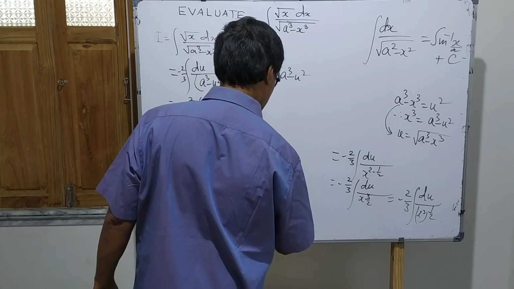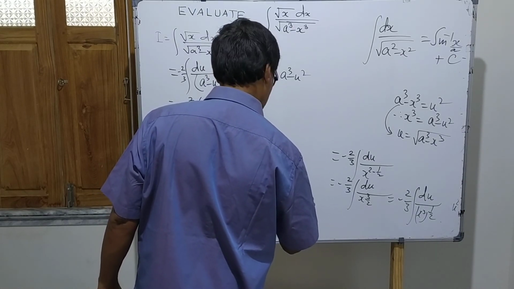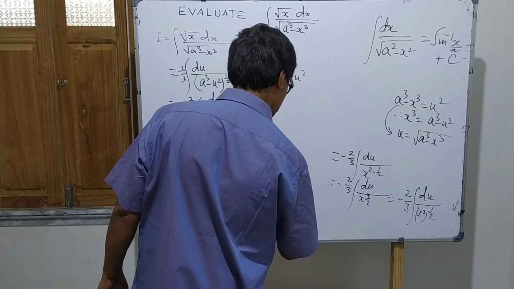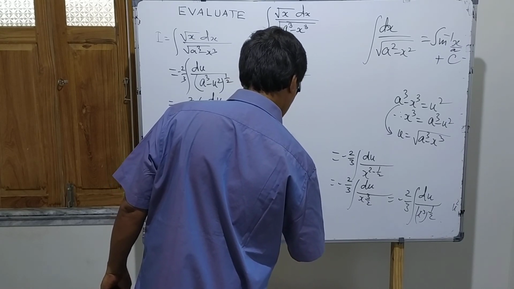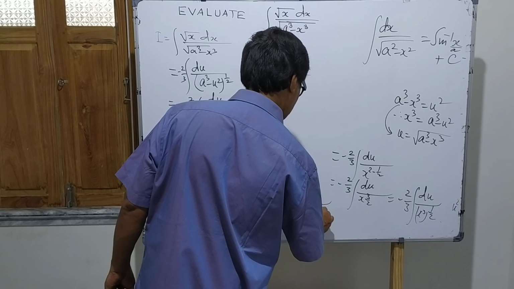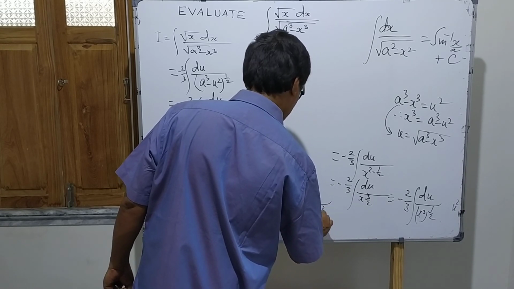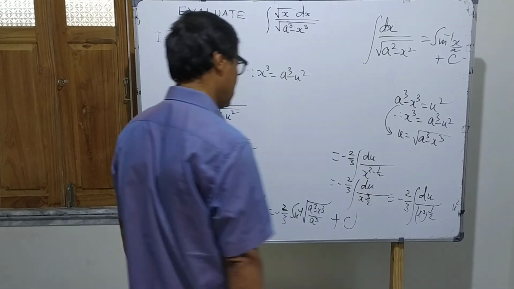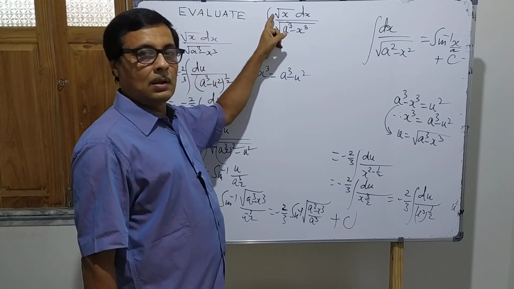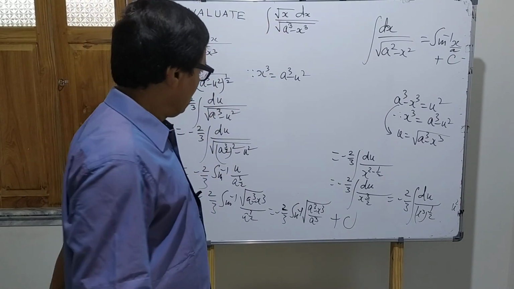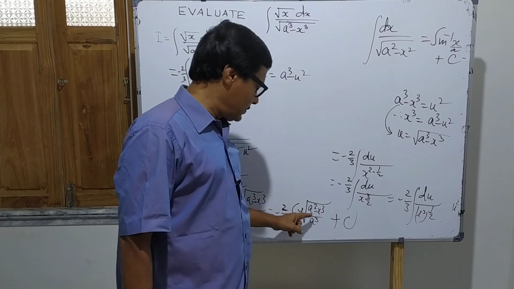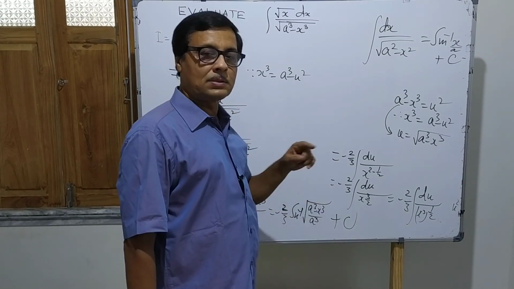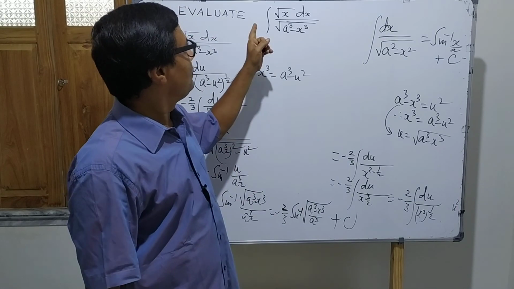This is equal to minus 2 over 3 sine inverse of root of a cube minus x cube over a to the power 3 over 2, and also the integration constant is c. This is the value of the given indefinite integral. The value is minus 2 over 3 sine inverse of square root of a cube minus x cube over a cube, plus the integration constant c. Thus we have evaluated this integral.